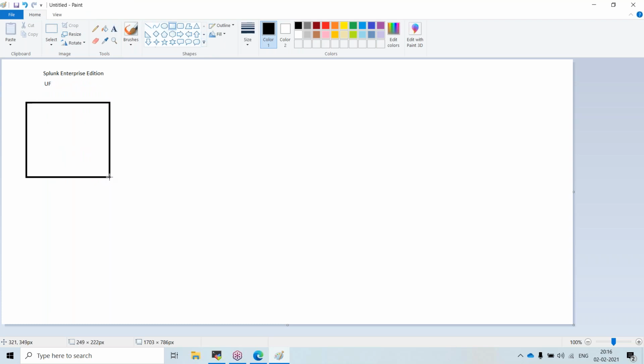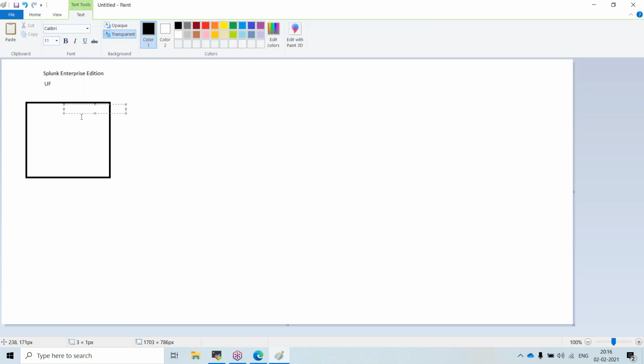I have my application here, which runs on some Linux OS, and it has some OS logs. The OS logs will be present in /var/log/messages.